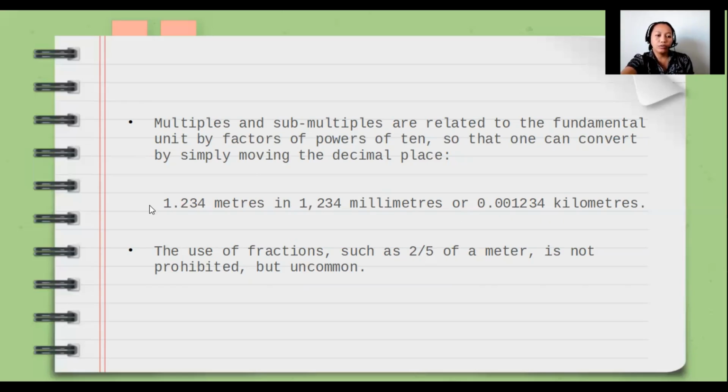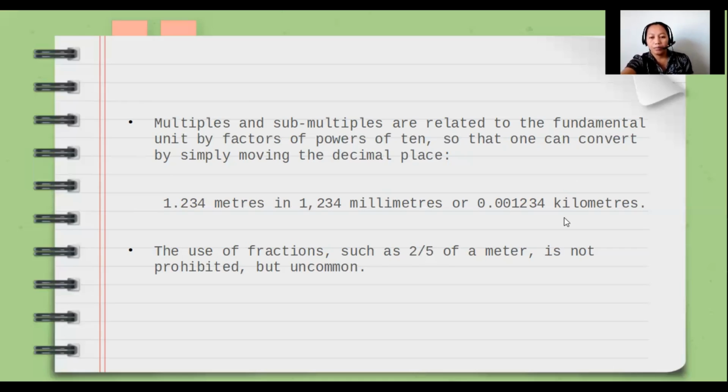So 1, 2, 3. So therefore, we will get 0.001234 kilometers, or 1.234 meters is equivalent to